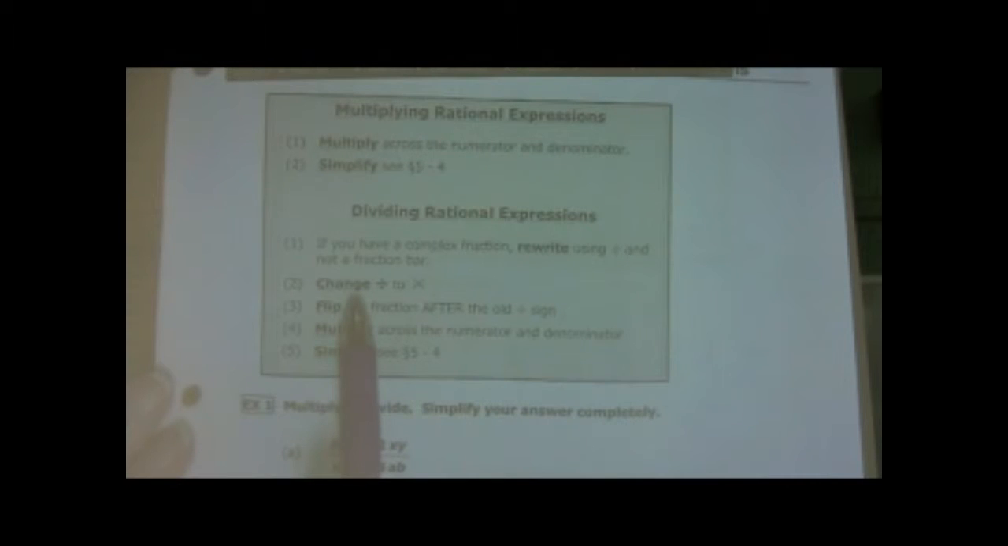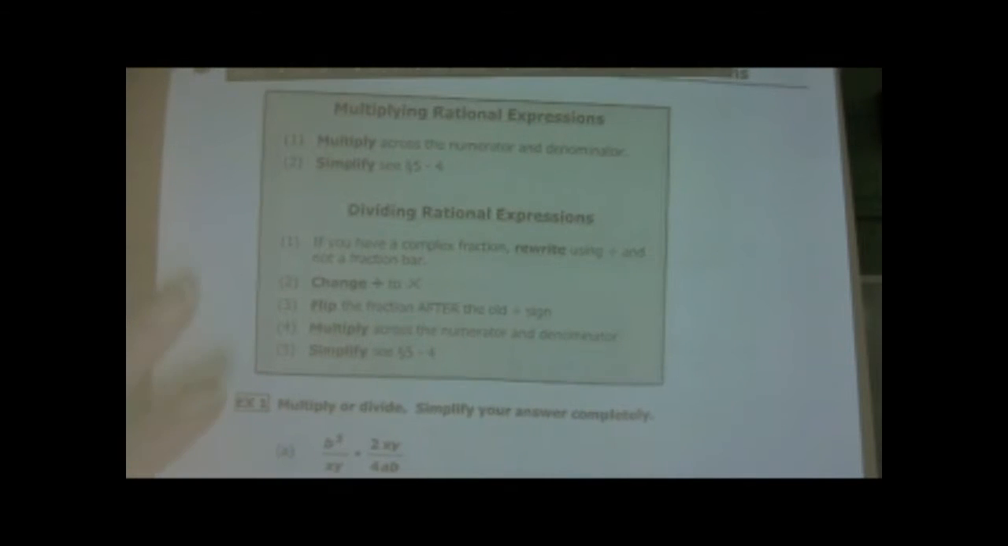Remember, when you are dividing fractions, you change the division to multiplication and flip the fraction after the old division sign. So you're going to change, multiply and flip. Alright? Then multiply across the numerator and denominator and simplify. So we're going to go through these steps with some examples. So our first example here